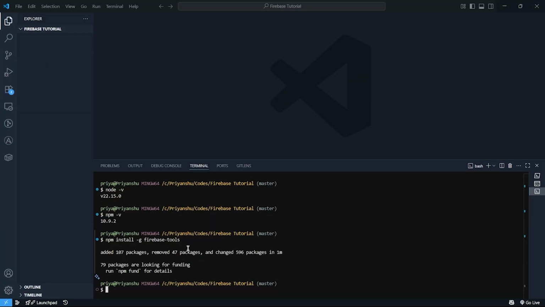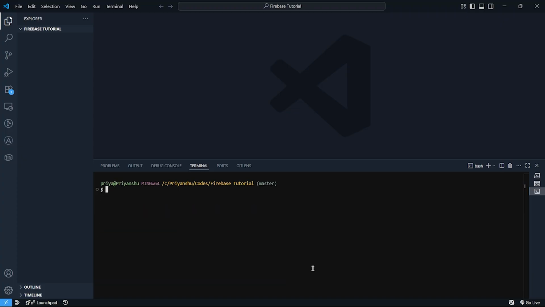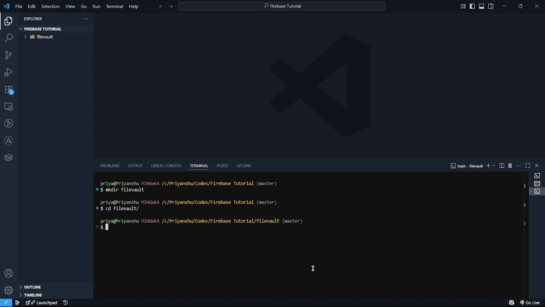now let's move ahead. We have set up everything on Firebase. Okay, now let's move back to VS Code, and we'll start with our project setup now. All right, let's start with creating a folder for our project. Okay, FileVault. Let's move to FileVault, and we'll do npx